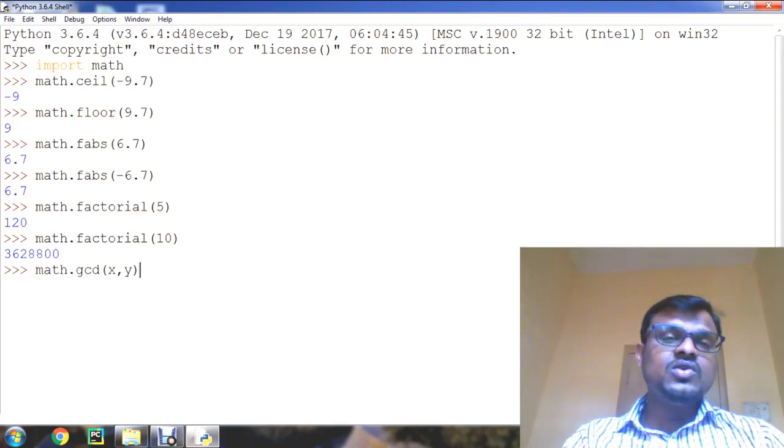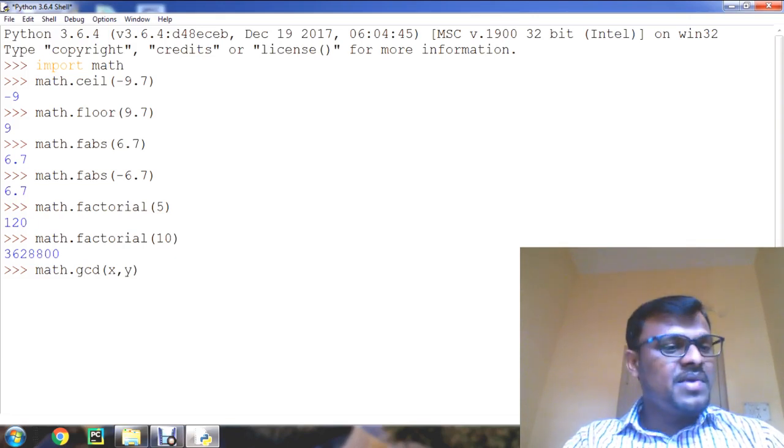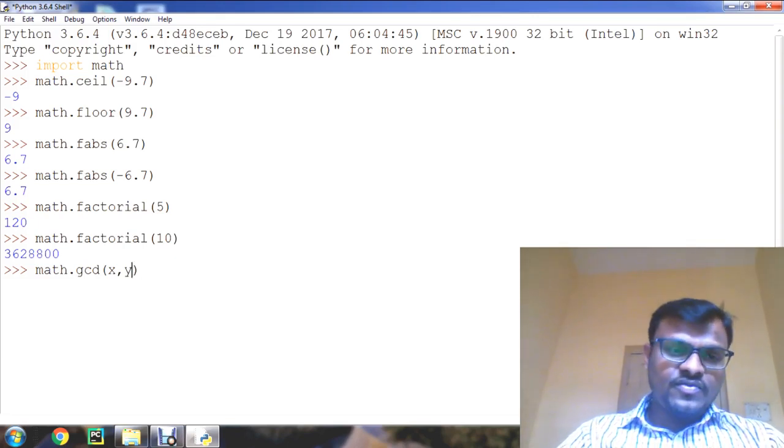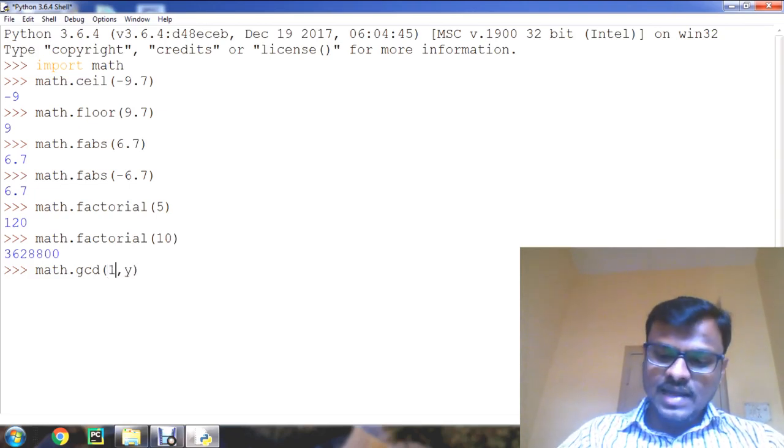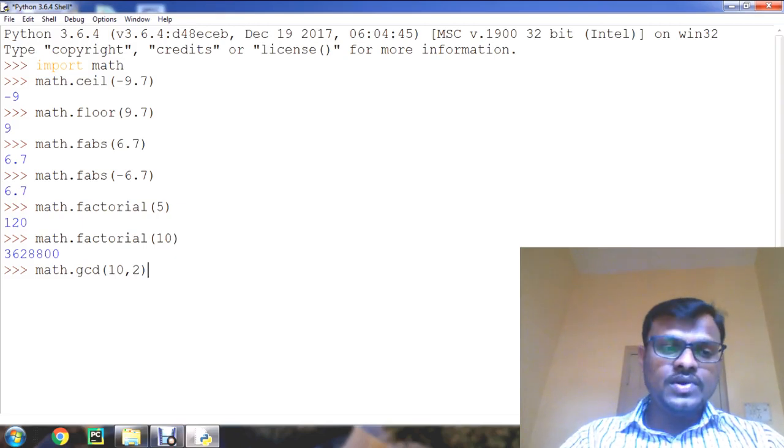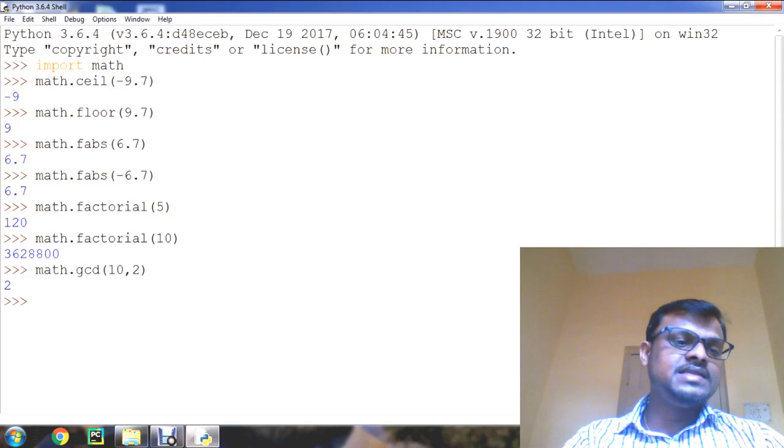This function is going to return the greatest common divisor of x comma y. For example, if I say x value as 10 and y value as 2, then it is going to return the value of GCD of 10 comma 2, that is 2.